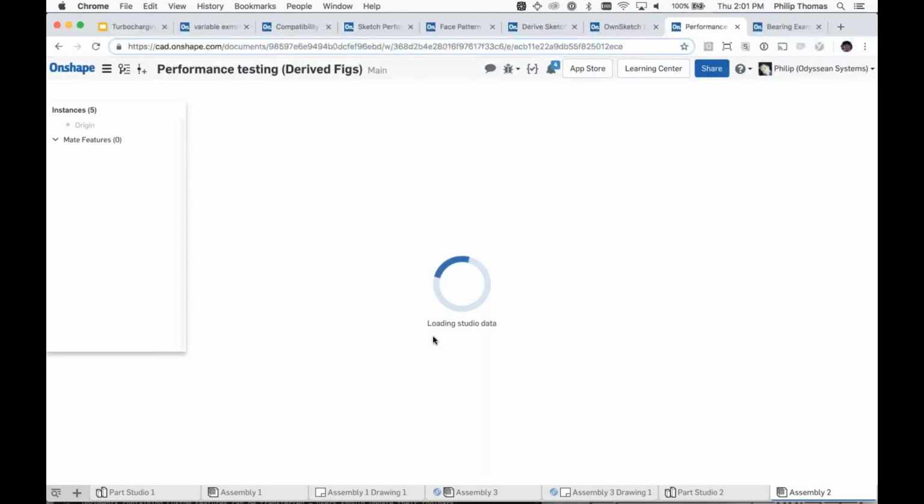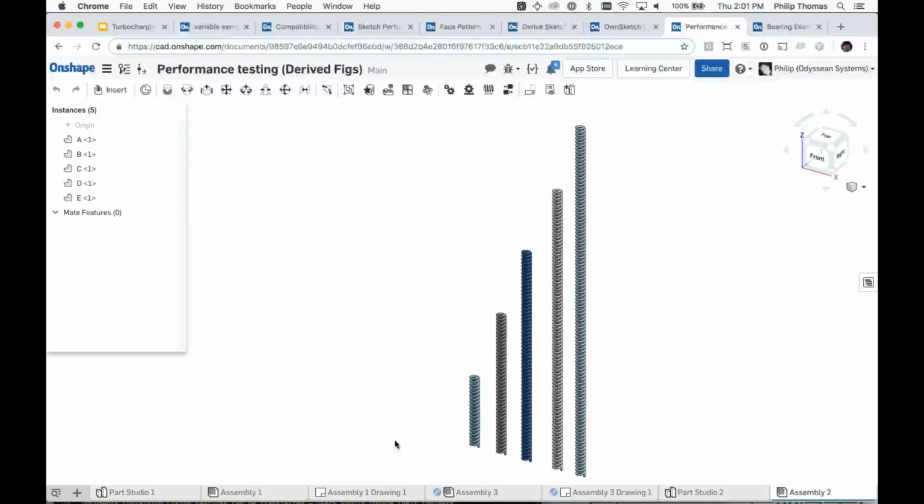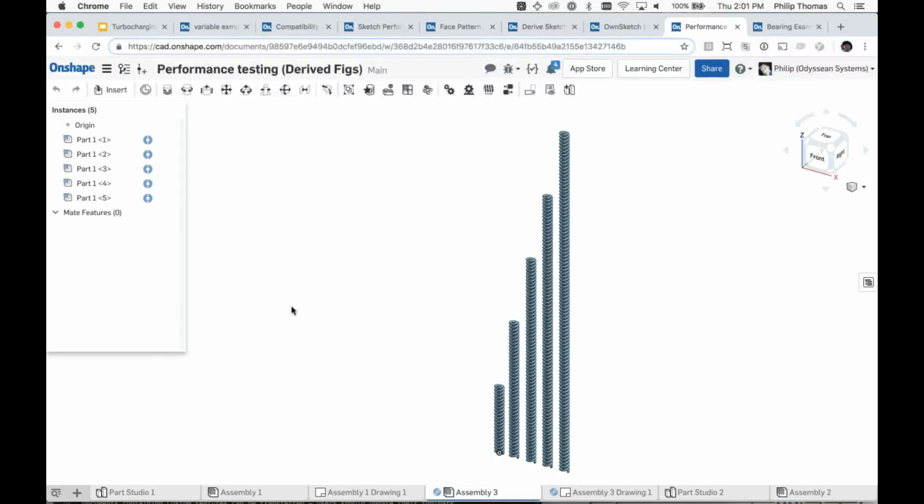When I come to this assembly, 1, 2, 3, about 7, 4, 5, 6. Obviously, it's referencing Part Studio 2, and it's bringing the instances in that were derived into that Part Studio. It's actually going to be a lot faster. Again, I'm not going to make you sit here and go through all this, especially since I'm running out of time. I'm going to cut to the chase here. That was about a third of the length of time that it took for the other assembly to update. The ultimate, of course, and that was instantaneous, is to reference versions either in this document